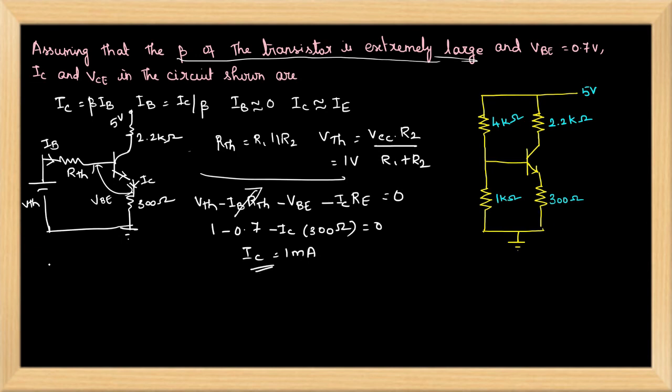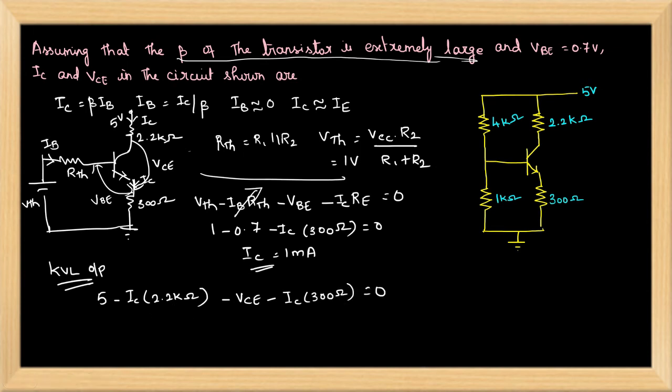Now we have to apply KVL at the output side of the transistor. At the output side, here we will be getting 5 minus IC into 2.2 kilo ohm. Here the current flowing through is IC, 2.2 kilo ohm, minus VCE. At the output we will be having VCE. So VCE minus IC into 300